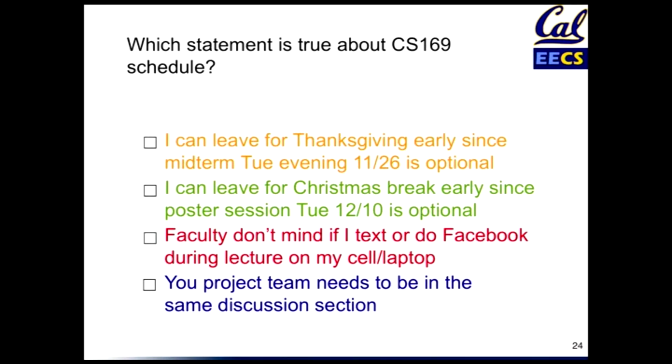So Armando noticed this. The people who, 10 weeks from now, say, "I'm sorry, I've already booked my tickets to go home early for Thanksgiving, I can't show up for the midterm," don't drop the class right now. There are people who want to take your place. Or, "I can't be there, I'm leaving for home on December 9th, I can't be there for the poster session." So